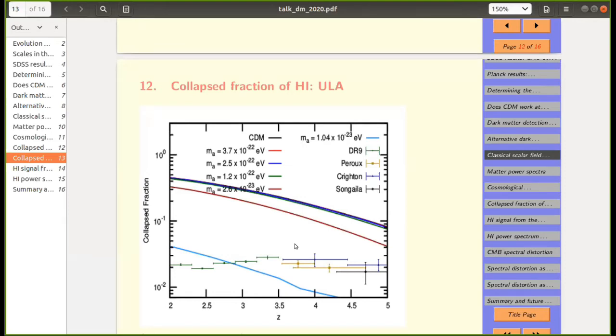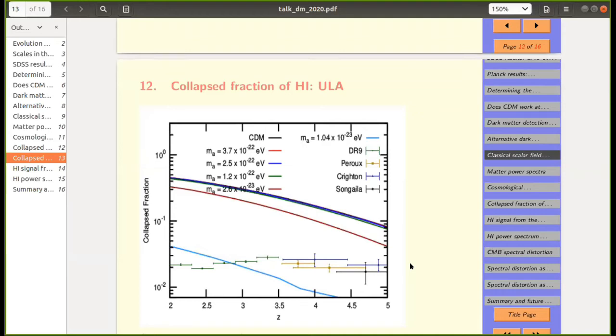Over a period of time, this observation improved. Now, DR9, that is basically SDSS, is based on 7,000 damped Lyman alpha clouds. So this area of research has progressed dramatically from the late 1990s, where there were a handful of clouds, 30 or 40, when I first started looking at this. Currently there are 7,000 to 8,000, and my number could be wrong. It increases every day. So we have a pretty good idea, and these error bars are very tiny, of the fraction of HI that has collapsed as a function of redshift. And you can see in these plots that it's indeed reasonably well constrained.